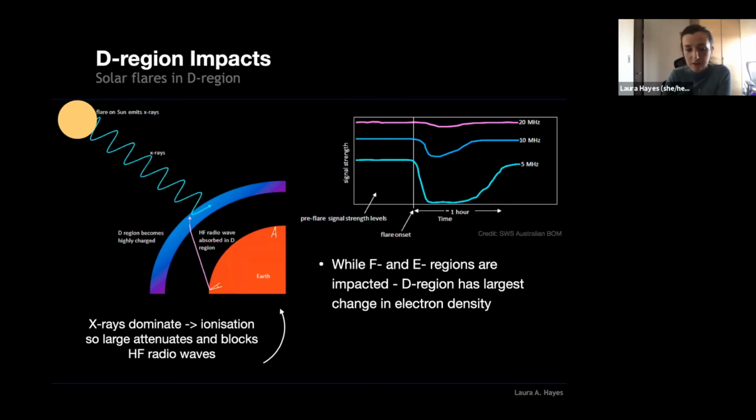And again, why we care so much is that, as I said, the X-rays dominate ionizing this region during a flare. And what happens then is any radio waves that are propagating through it get attenuated or absorbed. And this is a nice figure just to highlight that. If we look at, say, 5 megahertz during a flare and we look at the signal strength, it can significantly decrease and sometimes you just can't receive it during a flare. So it's really the D region that has the largest impact